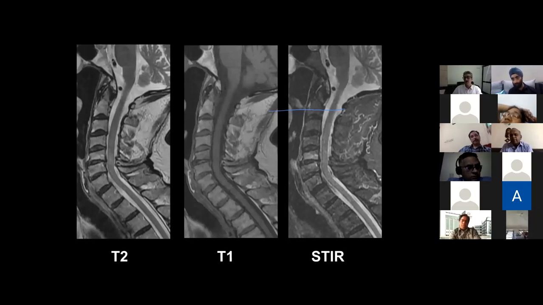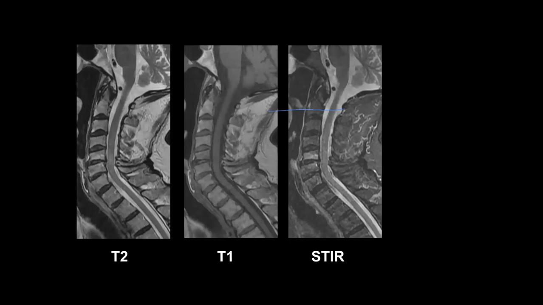If an abscess is there, it will show areas of breakdown. But if a metastasis with soft tissue is there, it will completely enhance. The whole of it will enhance as a solid tumor and not as an area of breakdown. Even if necrosis is there, it will have a larger border.